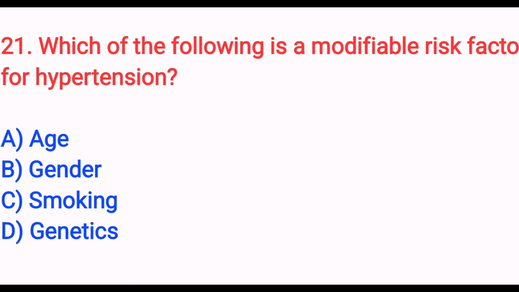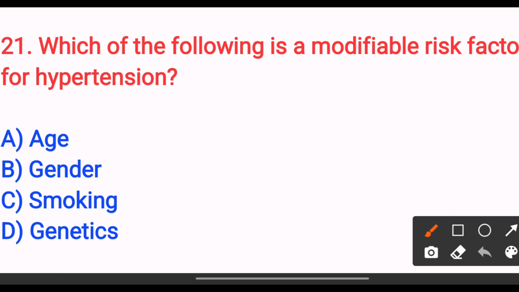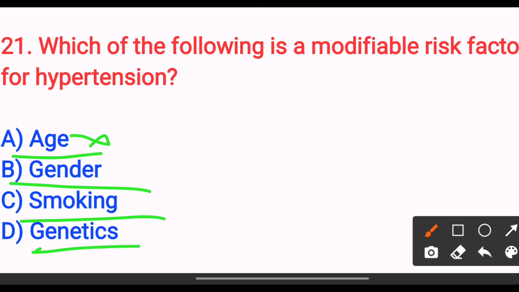Which of the following is a modifiable risk factor for hypertension? Option A, age. Option B, gender. Option C, smoking. Option D, genetics. Age cannot be modified. Gender also you cannot change, and smoking you can change. So the answer will be option C. Genetics also you can't change. So the answer is option C. Next,